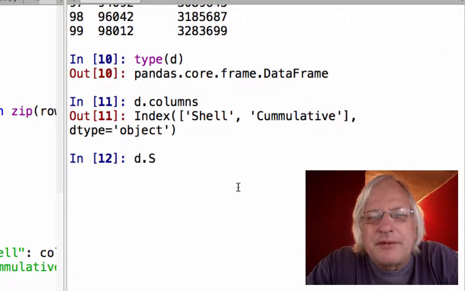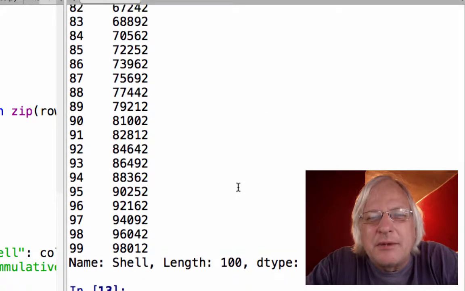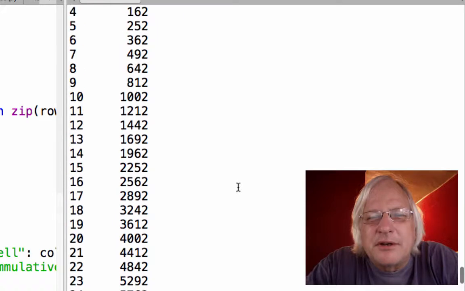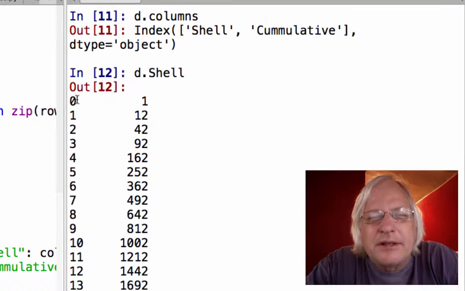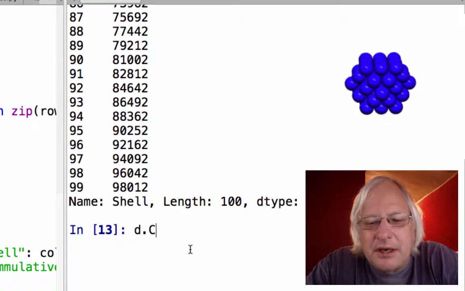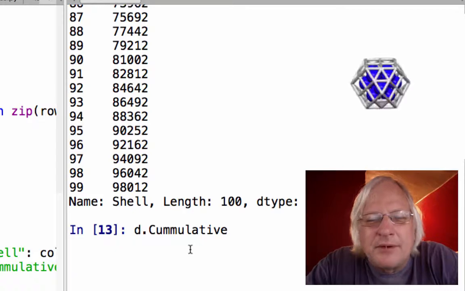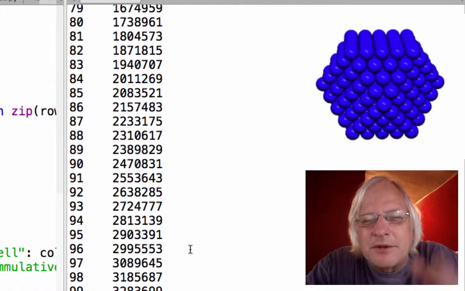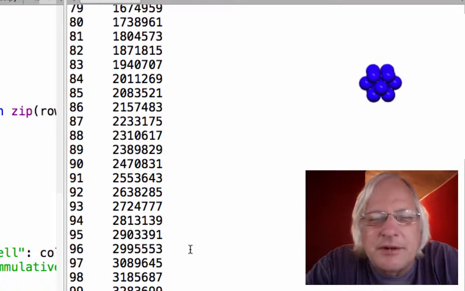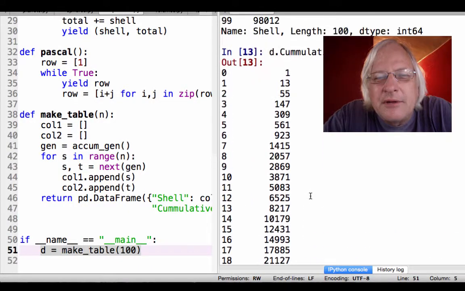That implies that if I do d.shell, it'll spit back a common set of numbers that you can look up. And they are indexed independently: 1, 2, 3, there's 0 as the starting point. So there's a d.shell, there must be a d.cumulative as well. d.cumulative. So you basically address these things. There are other ways to get at the columns, but the columns are the logical subunits, not so much the rows. The columns are the components of the Pandas DataFrame.